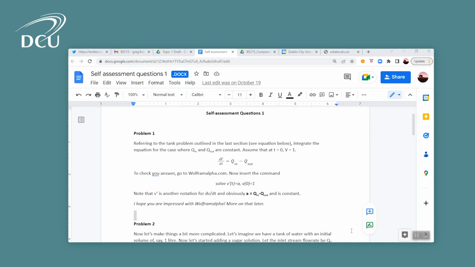So we're also going to do a little bit of tidying up, and you can see that here in the problem I say just define A to be Q in minus Q out. We don't have to do that. It's just a good strategy when you're doing any kind of mathematical work, I think, to try to keep things as uncluttered as possible. And rather than having to keep writing down Q in minus Q out, let's just write it down as A. So let's just go through the integration.